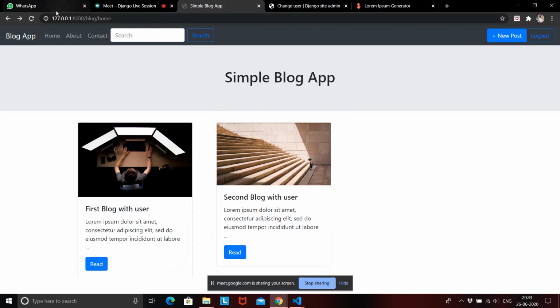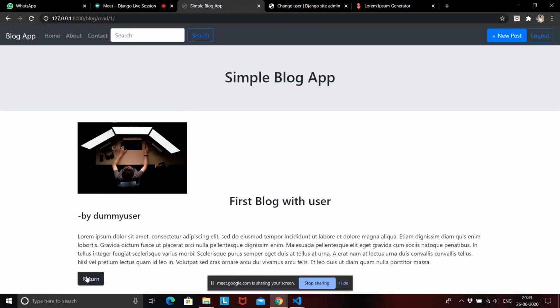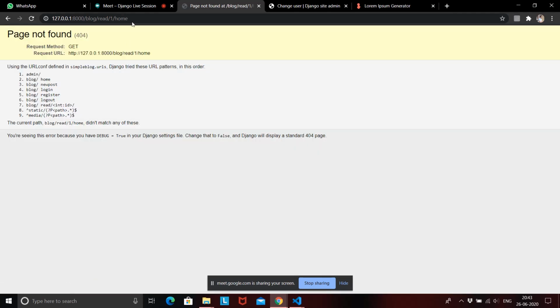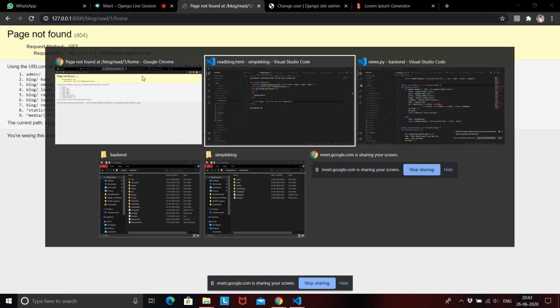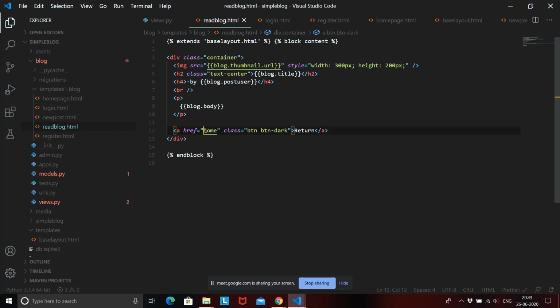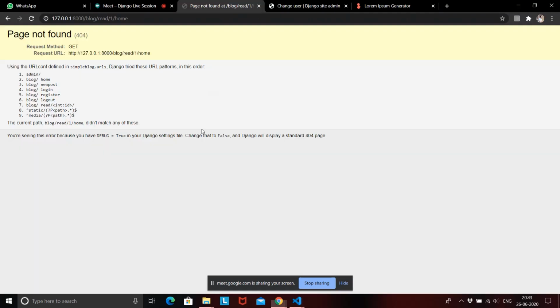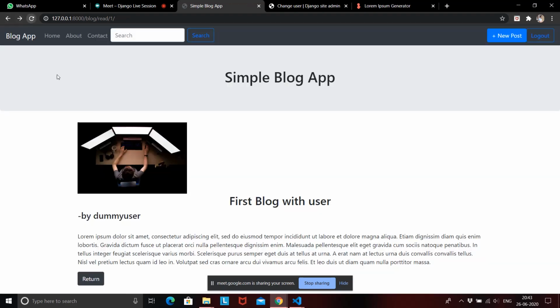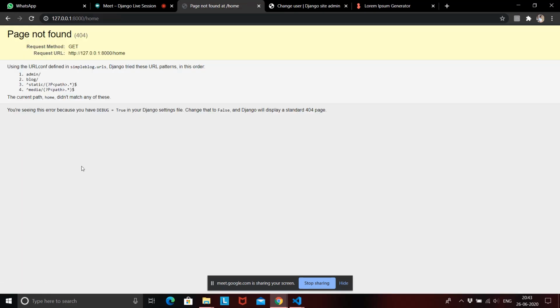If we go back, hit refresh, and if I want to read something, here you can see we have a small return button over here. We messed up a URL. We want to give here /home so that it will take us to home. Again problem.